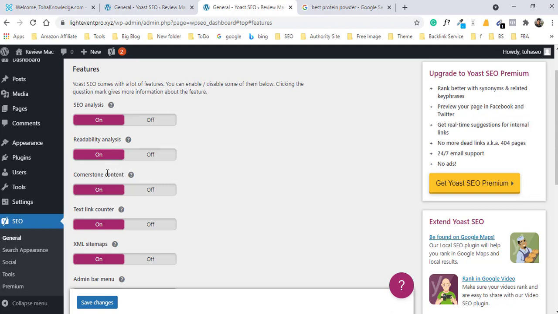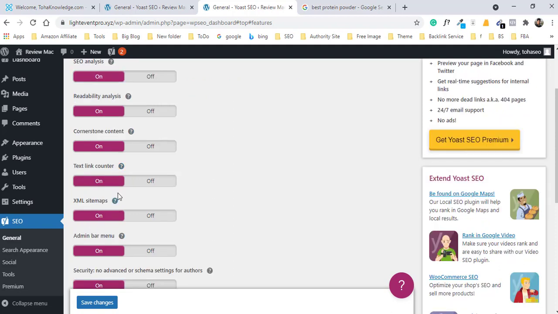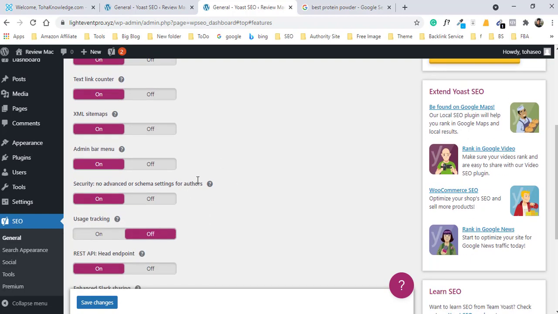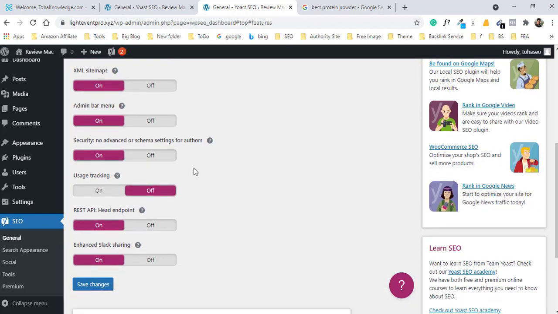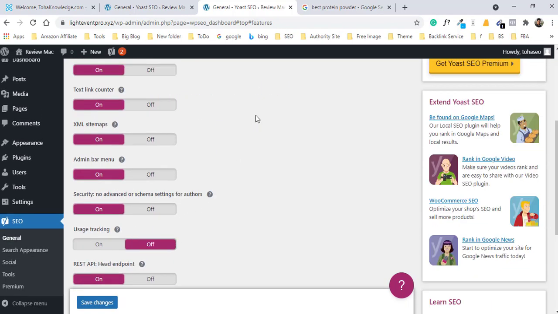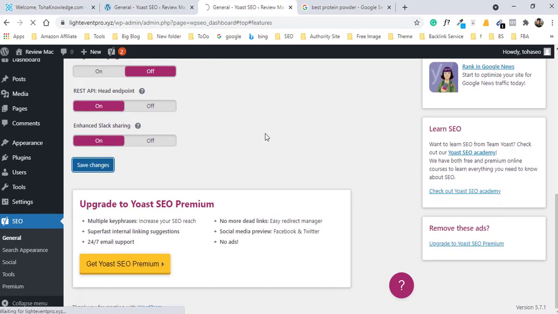If you publish lots of content on several topics and you want to rank only one content that's most important, then you can select it as cornerstone content, and the search engine understands that you want to rank this content especially. So text link counter, XML sitemap, admin bar menu, security, and usage tracking I already disabled, so it's off, and REST API is on, and all other options I checked on. Okay, so click on save changes.